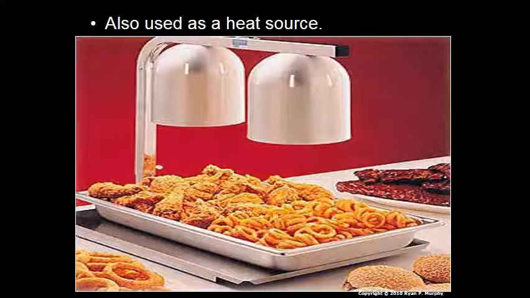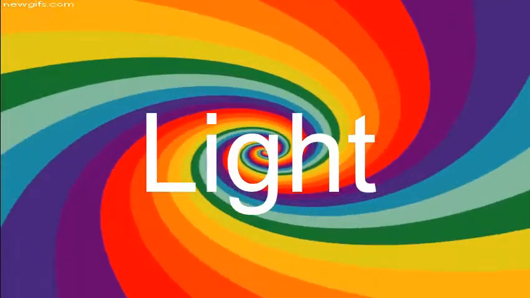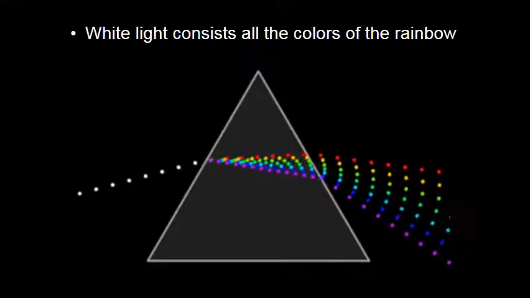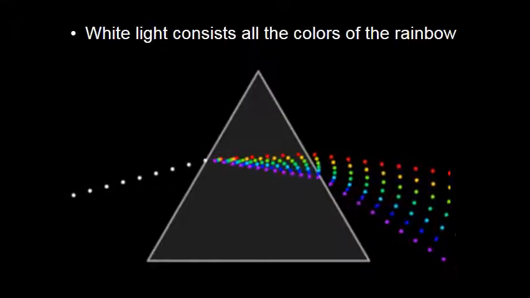And they're used to keep your food warm. Those are the heat lamps at McDonald's or the buffet and things like that that keep your food warm. That uses infrared. Next up is light, all the colors of the rainbow,